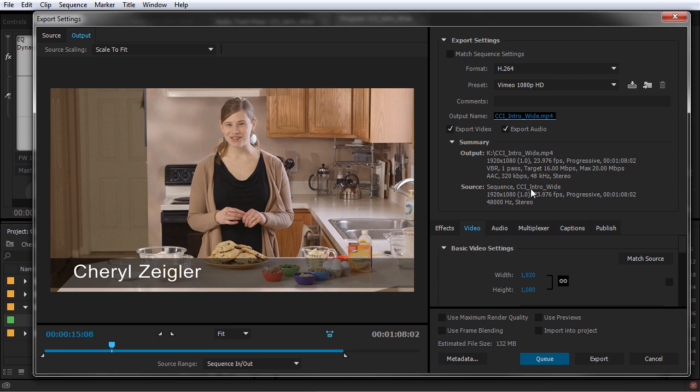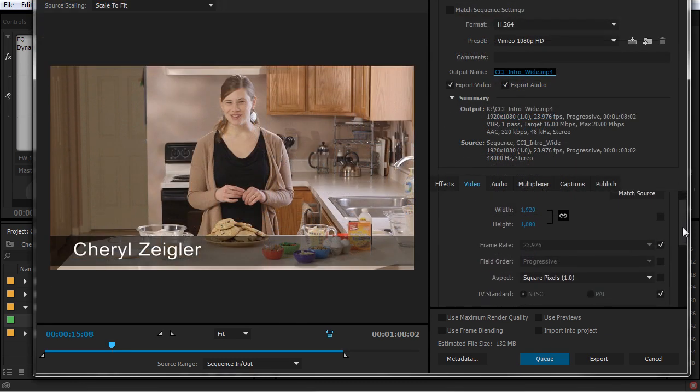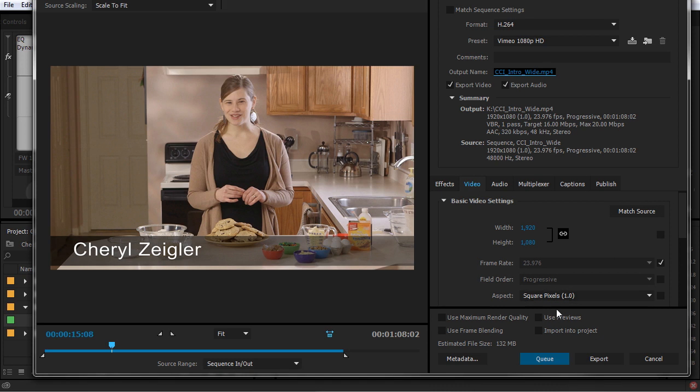And then it's giving you a brief summary of the source settings of the material that you are going to be exporting. Now, if you were exporting at a lower resolution or a different format, you would set that up here. You wouldn't necessarily need to edit your whole project in a smaller or lower resolution format. You can set up your sequences for whatever resolution makes the most sense for the source material and then export to a lower resolution.